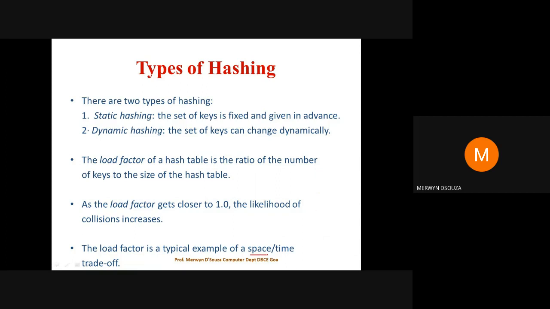So the space depends on that. So there's a trade-off. If you give a very big hash table, the time to retrieve data may be larger. If you give a very small hash table, it will be faster to retrieve the data, but the load factor could be more, because you're given less space.